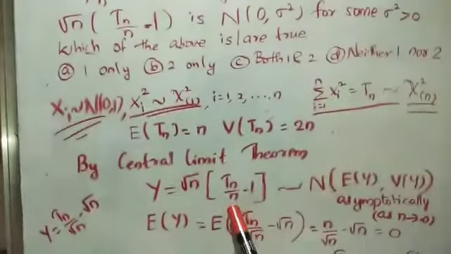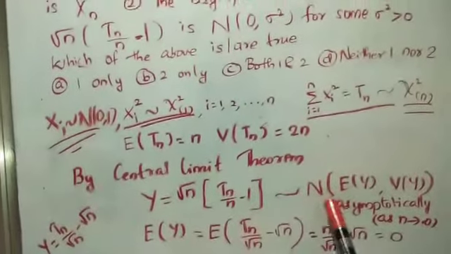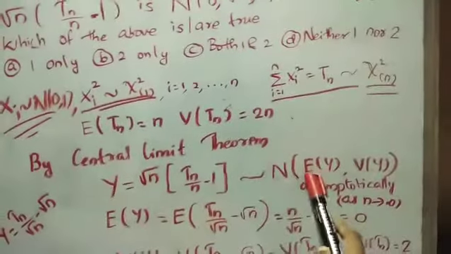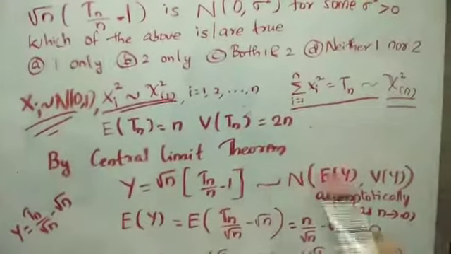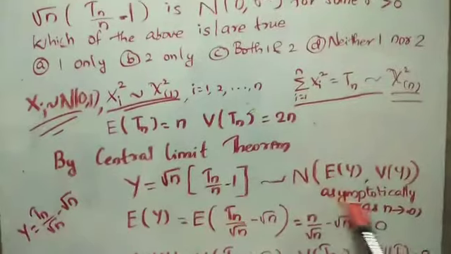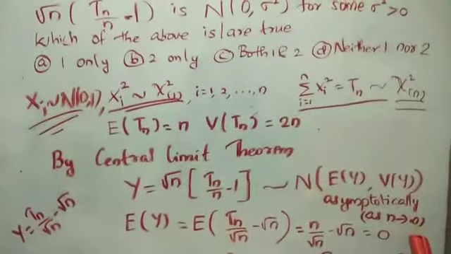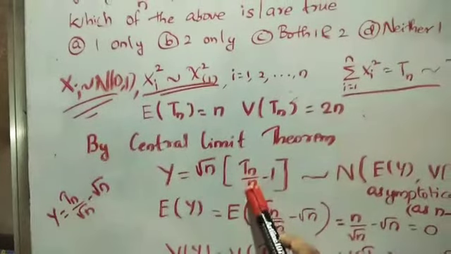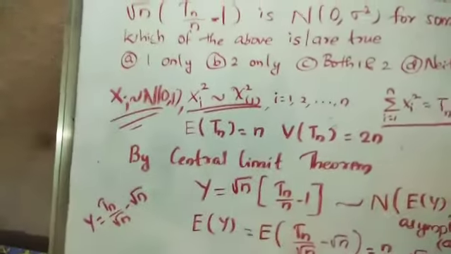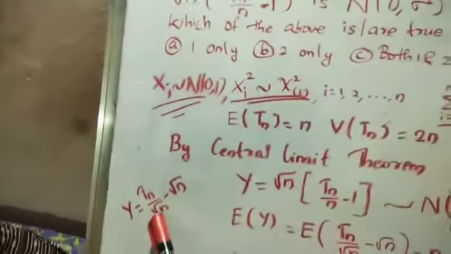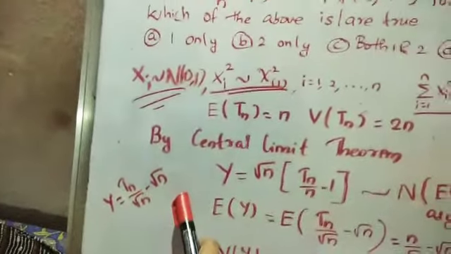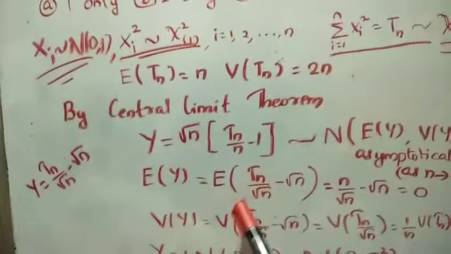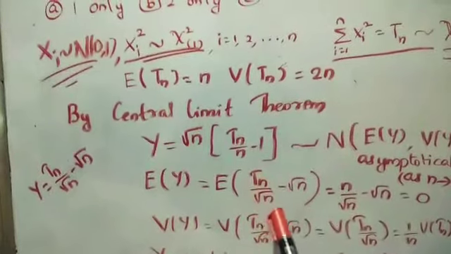Then by central limit theorem, it follows normal distribution with mean equal to expectation of y and variance equal to variance of y asymptotically, that is as n tends to infinity. Here y can be written as Tn by root n minus root n. So we have to find expectation of y, which is equal to expectation of Tn divided by root n minus root n,